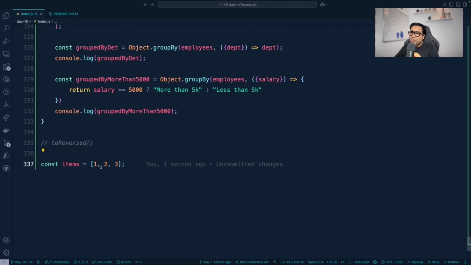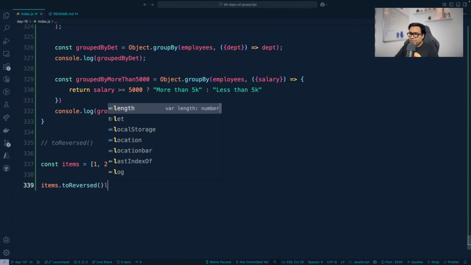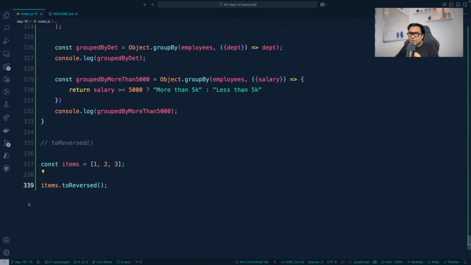So I have three numbers inside an array. Now, if I want to reverse them, I could have done items dot reverse. That would have reversed the array, but it would have changed the original array. I don't want that. For that purpose, I want items dot toReversed method. The toReversed method doesn't change the source array, rather it will return a new array that I can now hold